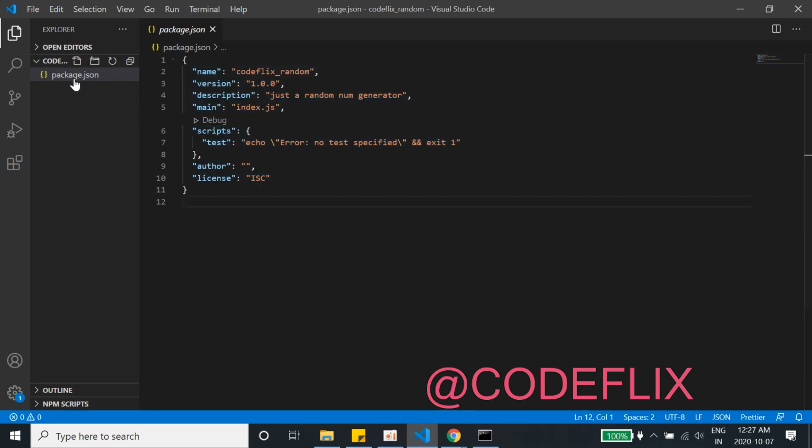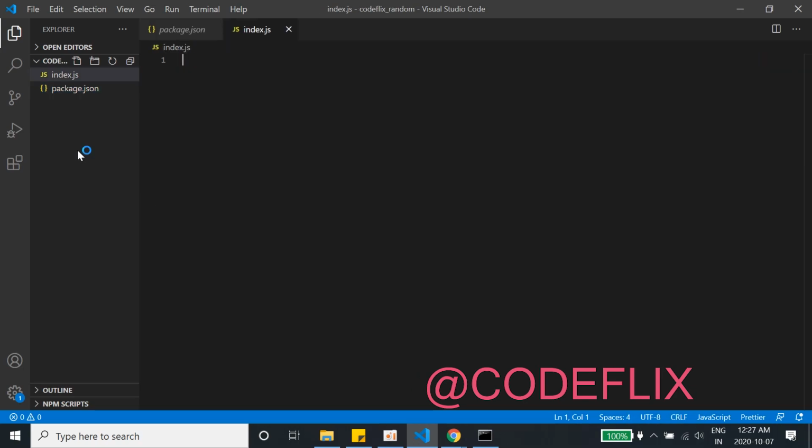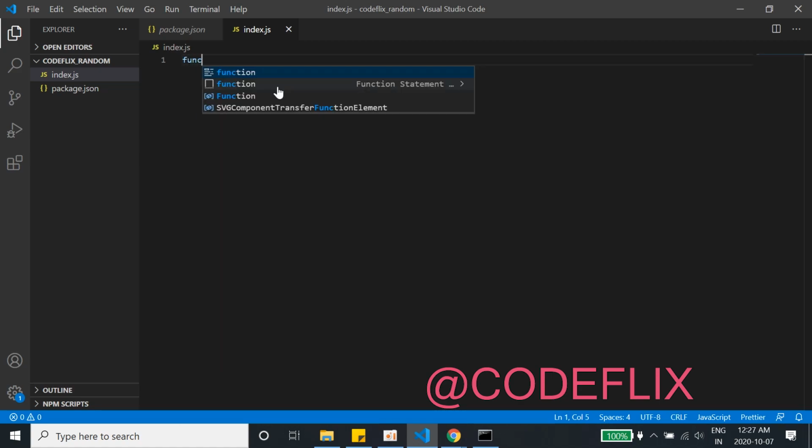So our next step is we will be creating a random number generator index page. I'll write an index.js file and hit enter. Now our main logic for the package will be here, and we will start writing the logic so that it generates a random number. So I'll write a function and name the function random number generator.